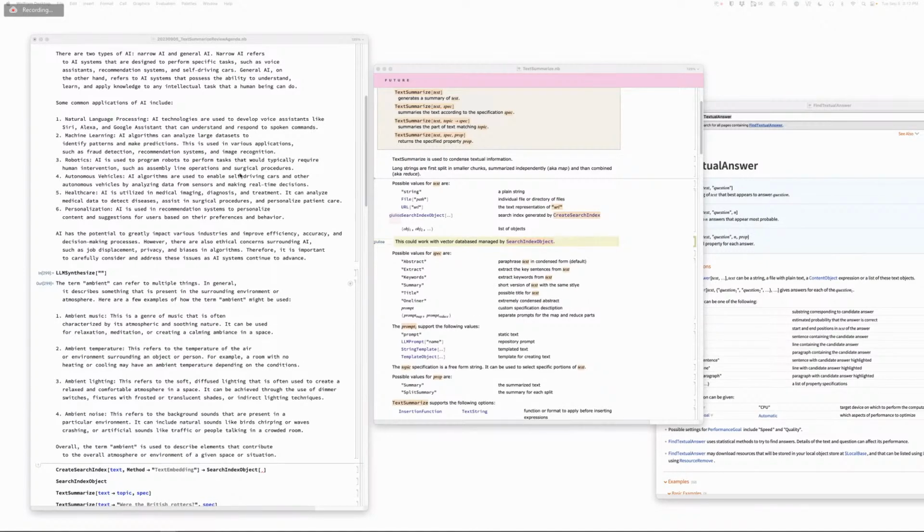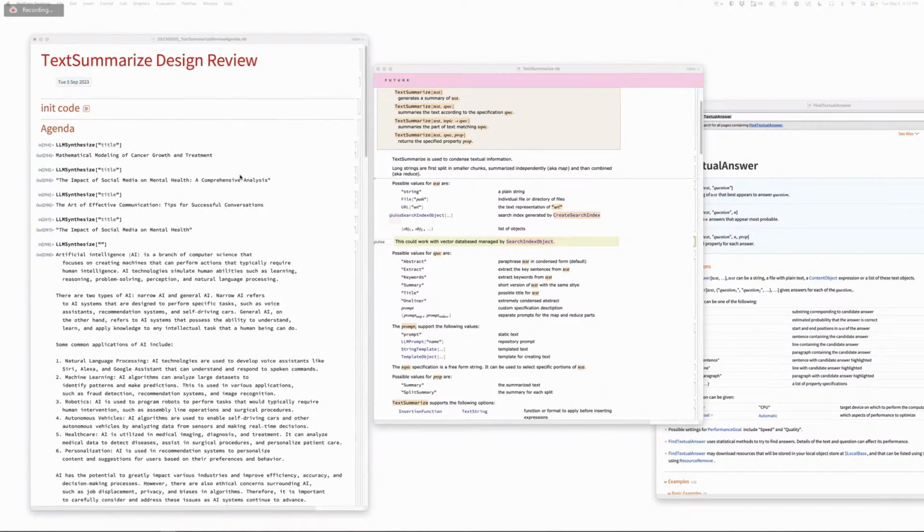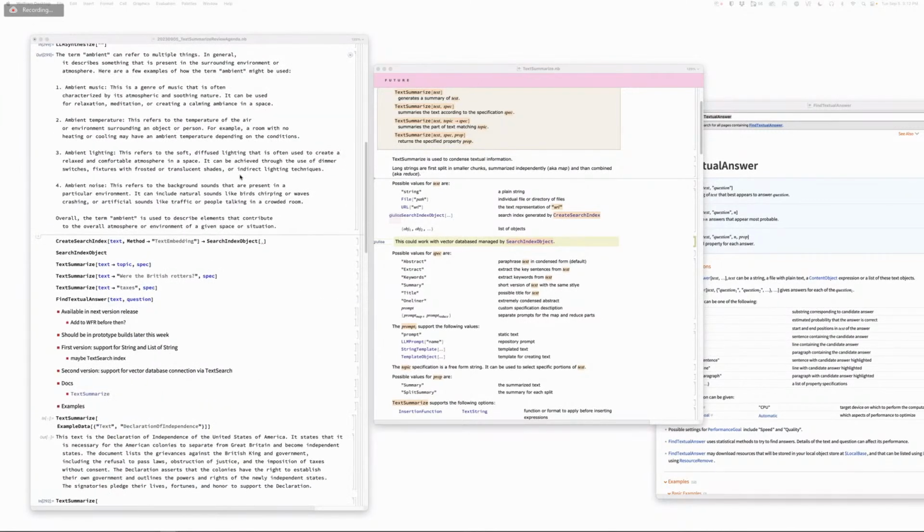Okay. Here's the context. We're looking at a function called TextSummarize, which summarizes text using LLM. What we want to talk about is, in English writing usage, the difference between an abstract, a summary, I don't know what else you call it. I mean, the way you write an abstract. Mark, do you have something you can say about